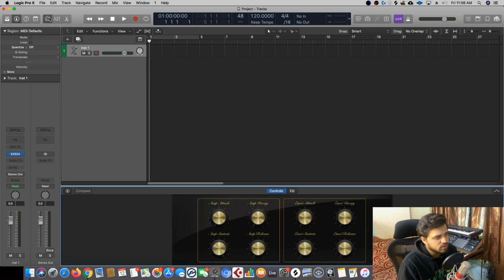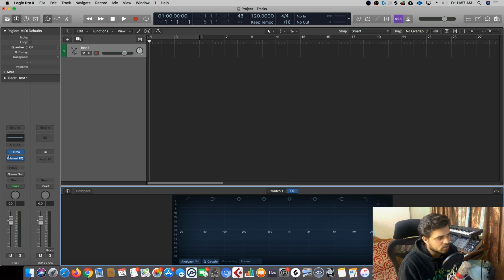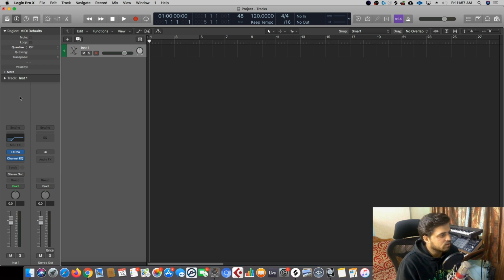This one is called Smart Controls, which shows you some essential options from the particular VSTs or the audio tracks or the plugins. For example, in this track, since you can see that the virtual instrument EXS24 is loaded, you can see envelopes here and the EQ of the track as well. As soon as I clicked here, channel EQ popped up, and you can see the graph here, and if I change it, you can see the EQ changing here. Anyway, that's Smart Controls.